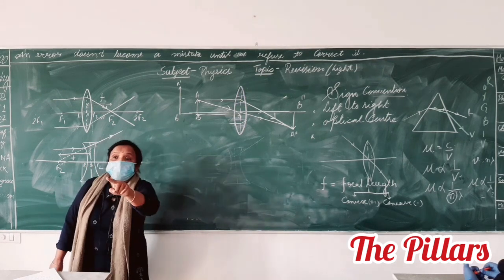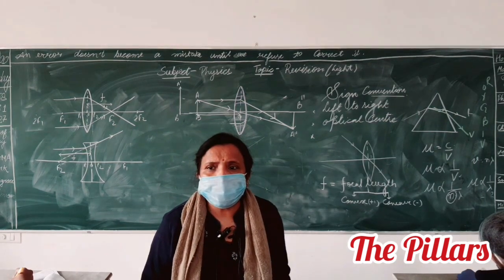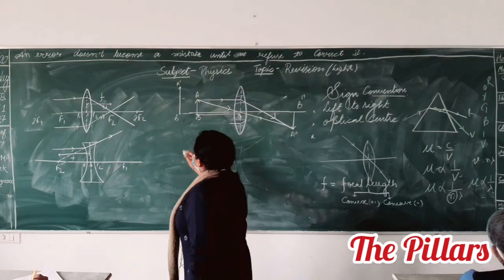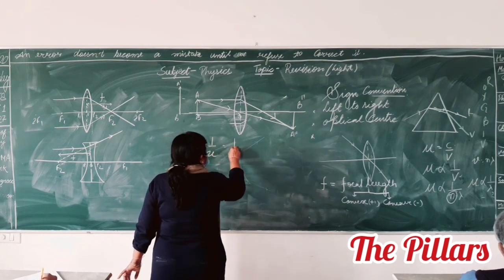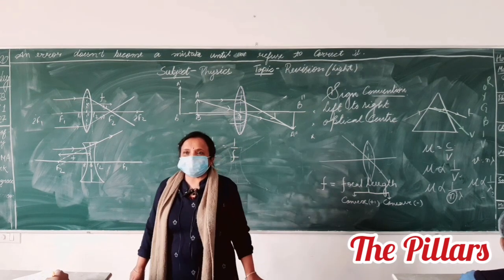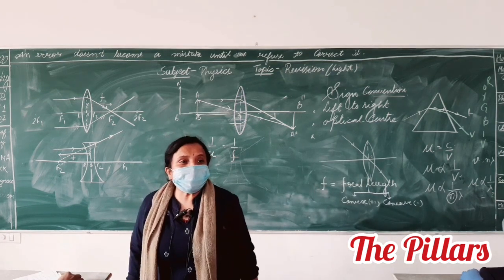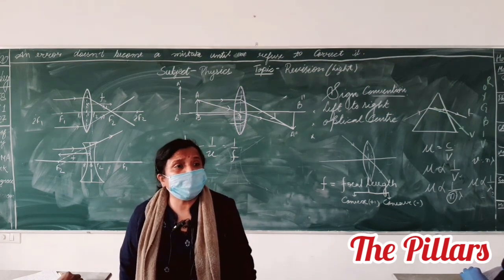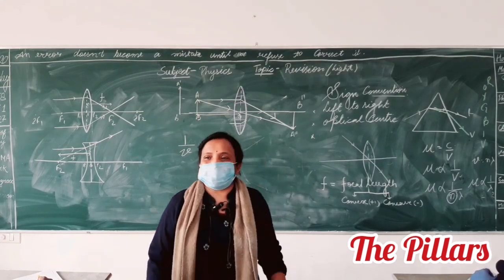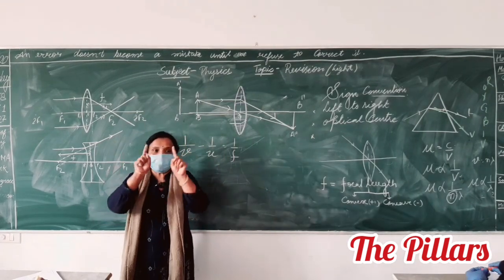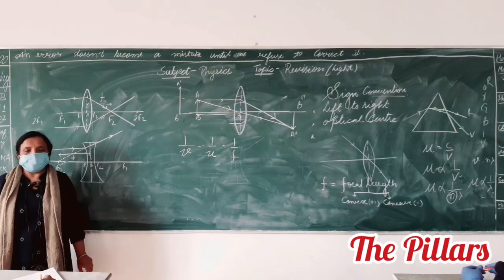Okay. Next slide. Lens formula. Suvarna, what is lens formula? She is saying 1 by V minus 1 by U is equal to 1 by F. Is it correct? Very good. At least she has not played with me. 1 by F is equal to 1 by V minus 1 by U. Where F stands for? V stands for? U stands for? Okay. You just close it in a rectangle. Lens formula. Ma'am, it is just the opposite of that mirror formula. Yeah. Sign. Okay.